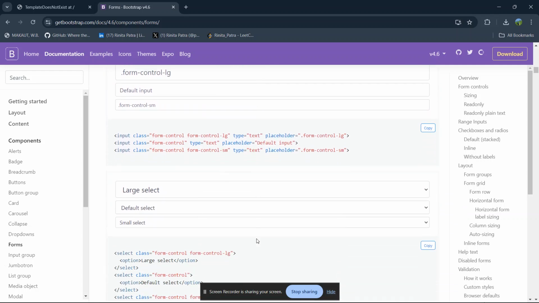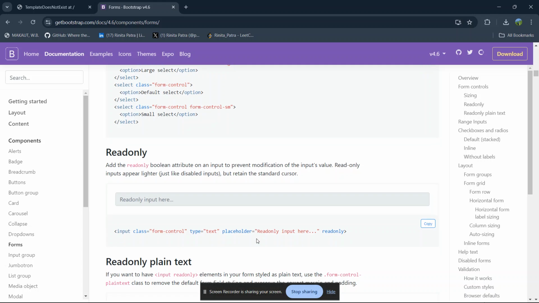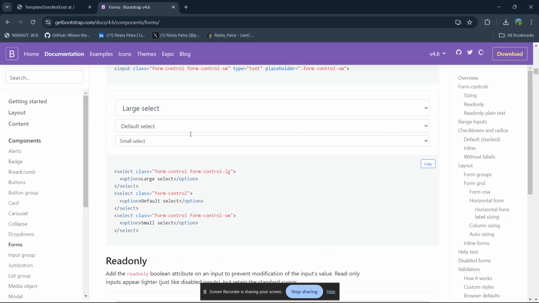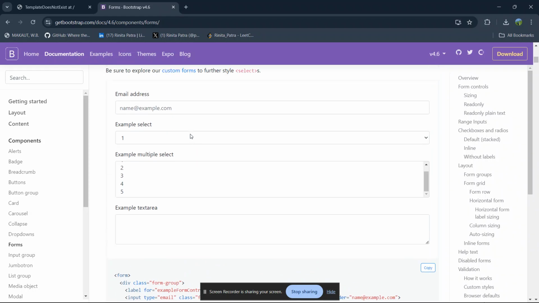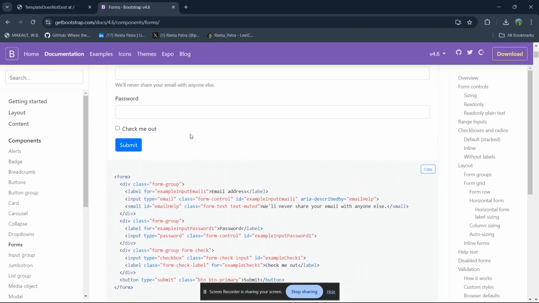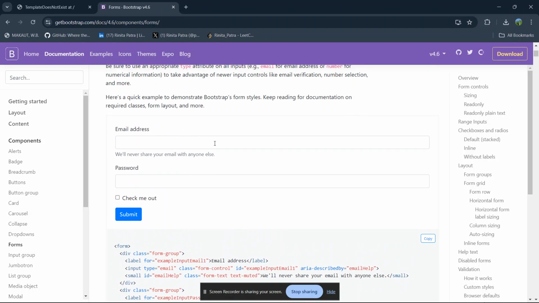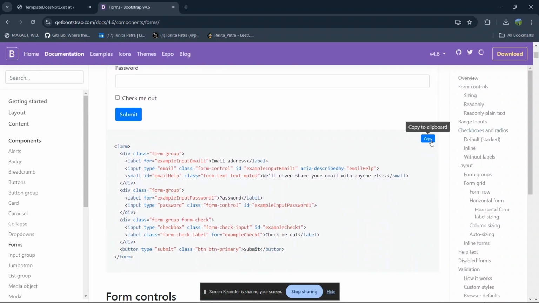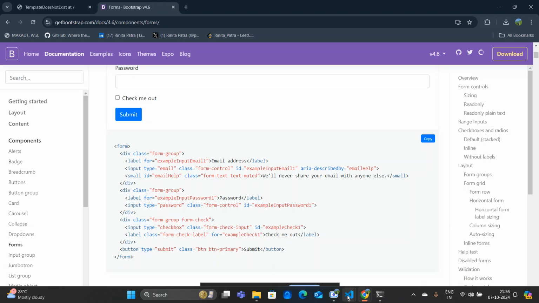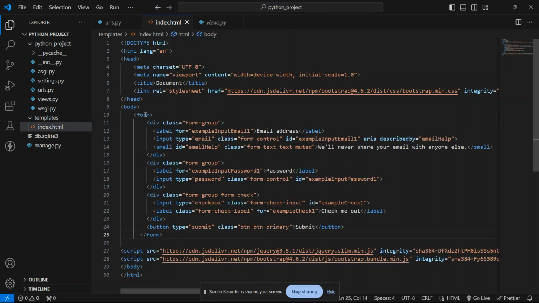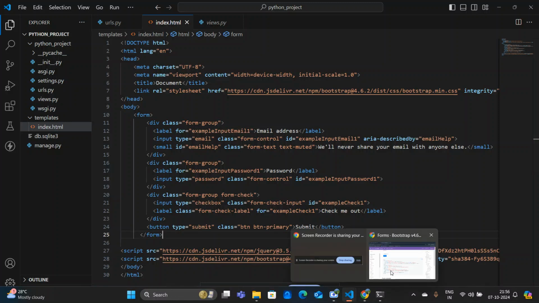And here are various codes you can see, and that front end part also you can see here. So whichever design you are taking, you just look at this. I'm taking this design, I just like it, so I copy it from here and put it inside my body. So simply I just paste it.